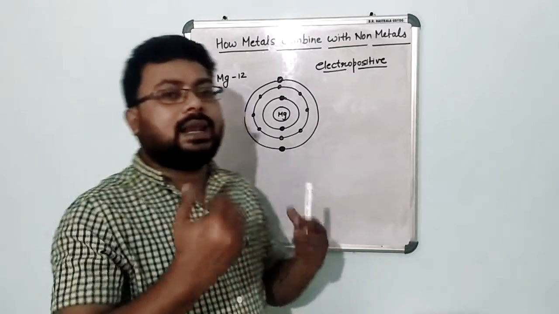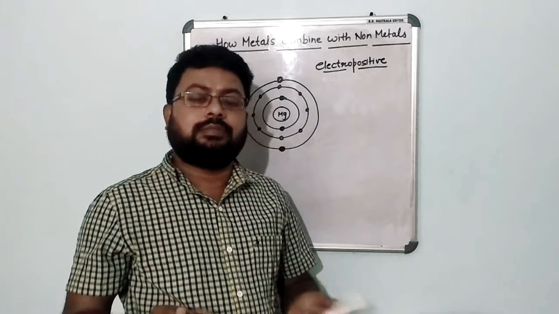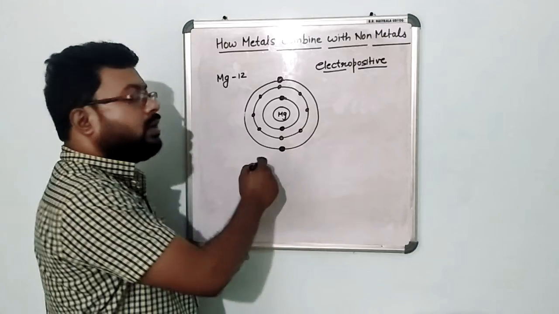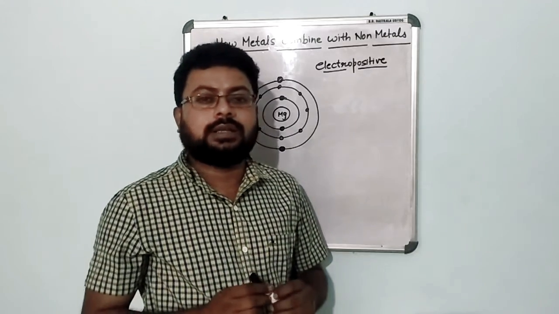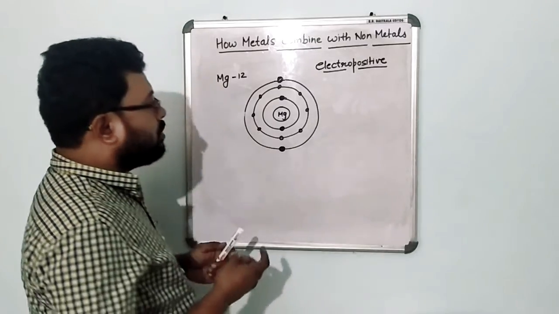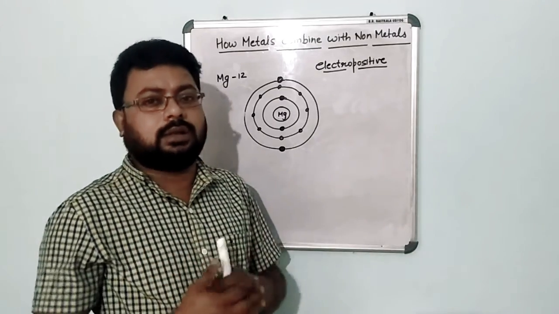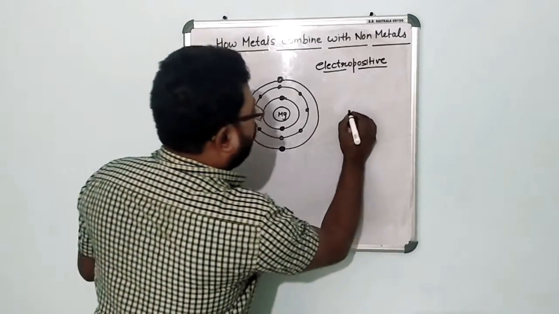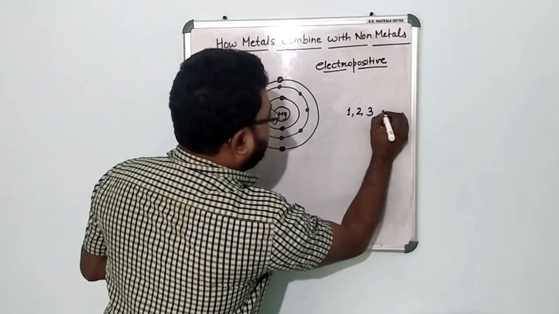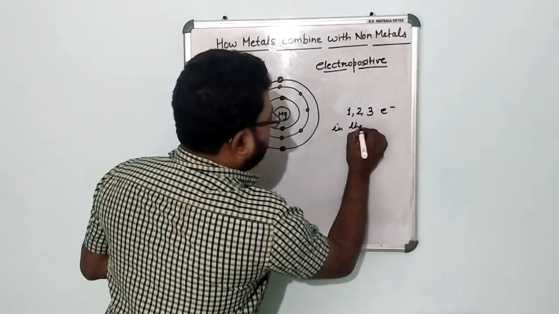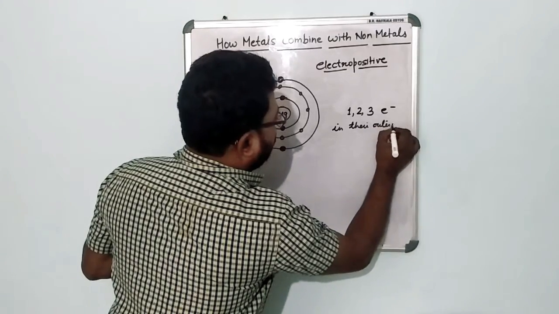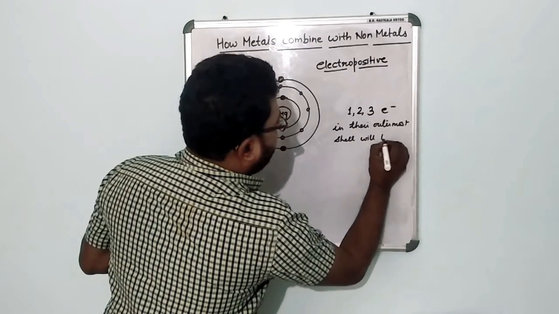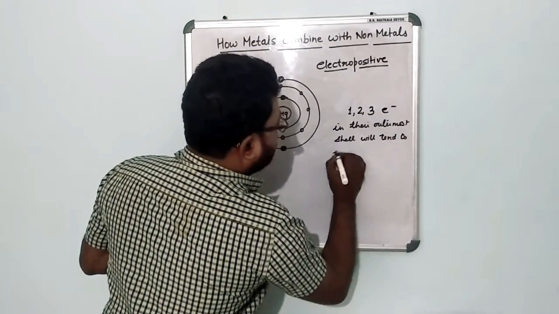And the same if you look at aluminium. Aluminium also does the same, because aluminium's atomic number is 13. So its last shell will have 3 electrons, and 3 electrons are also easy to lose. Okay, but when it comes to 4, 5 electrons, then the elements tend to behave in a different way. But elements having 1, 2 or 3 electrons in their outermost shell or their valence shell will tend to lose electrons